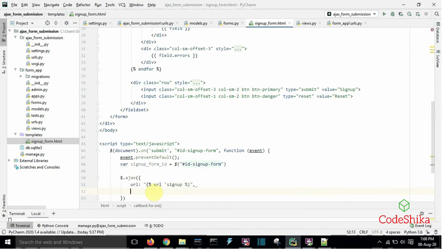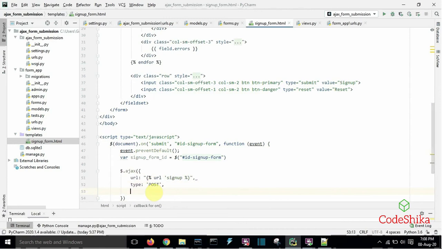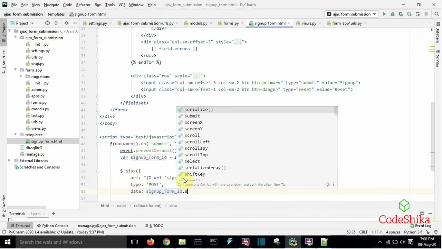Next type. Provide the type of the request, that is post. Next provide data. That is the data to send. signupFormID dot serialize.